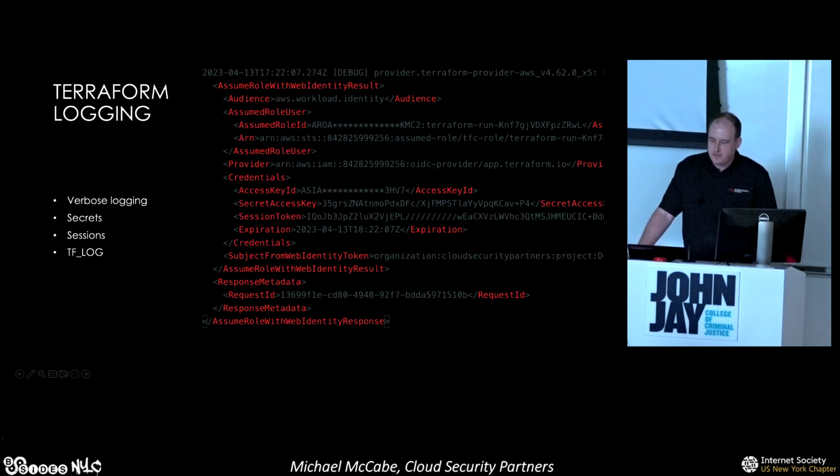Terraform logging, this is a fun one. This is something we're dealing with a client right now, which is Terraform obviously has to have credentials into your environment. And I'm not sure if people know what that is, but basically right there is an STS assume role session. So when Terraform assumes a role to work in your environment, it has to get credentials back from Amazon to assume that role to then interact with the APIs.